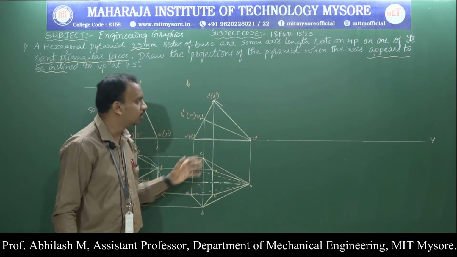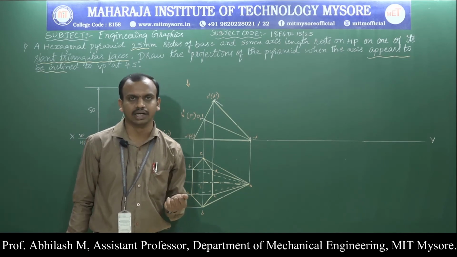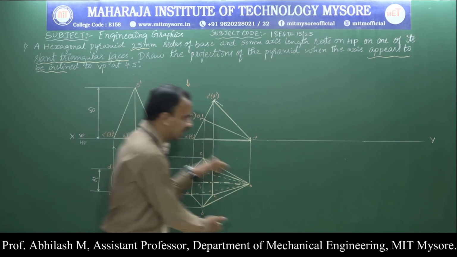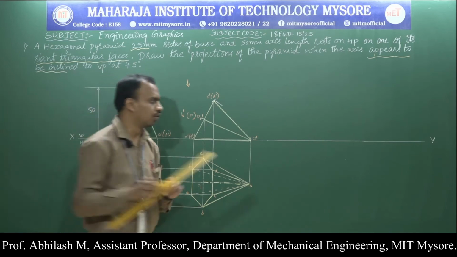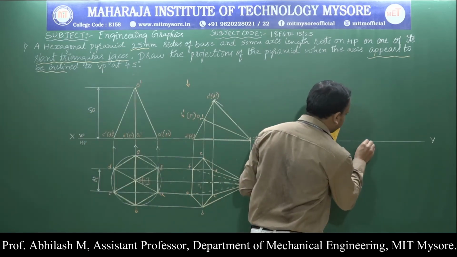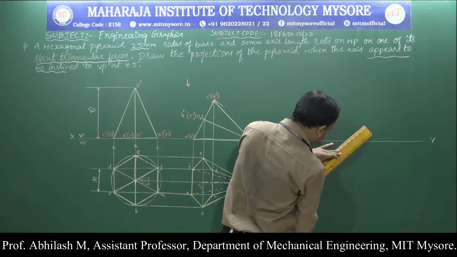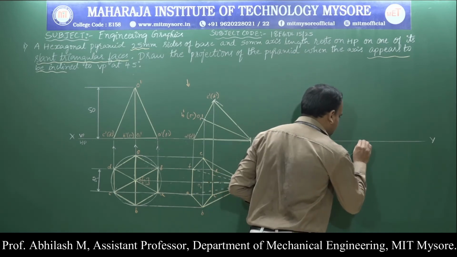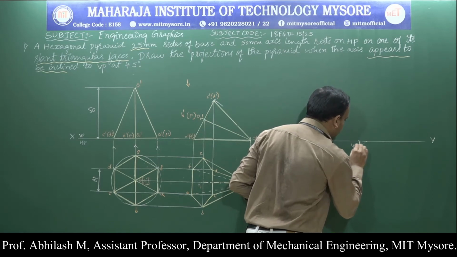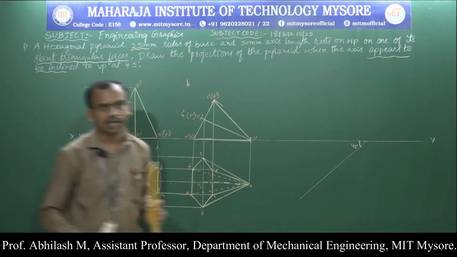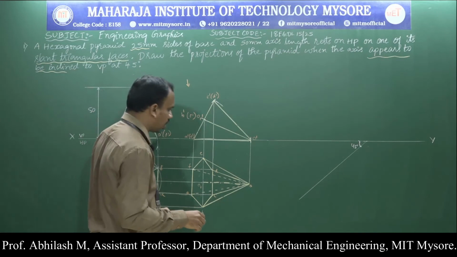Here it appears to be inclined, so you need not calculate the angle beta as we did in the case of the pentagon. We can just transfer the second position directly to the VP, which is inclined at an angle of 45 degrees. So you can identify a point and draw a line at an angle of 45 degrees. Indicate the angle, this becomes very important, and then transfer all the points from the second position in order to complete the final position. So how to do that?